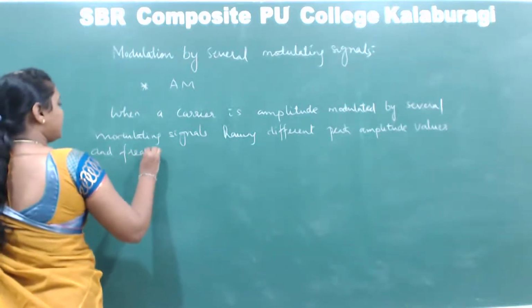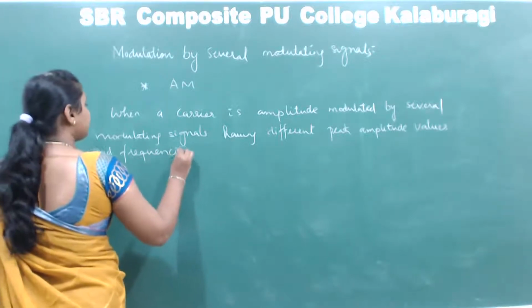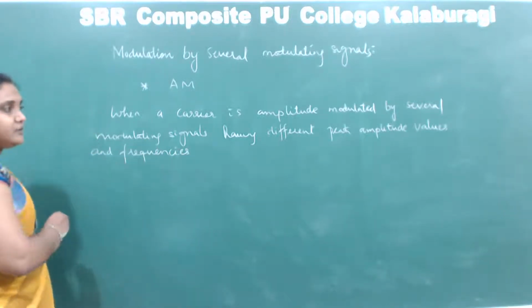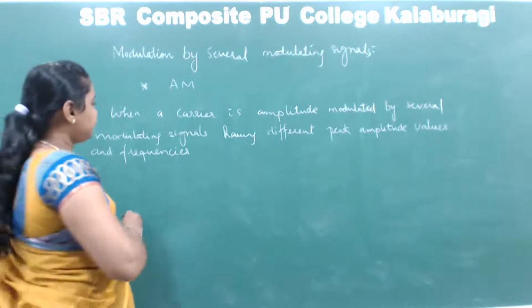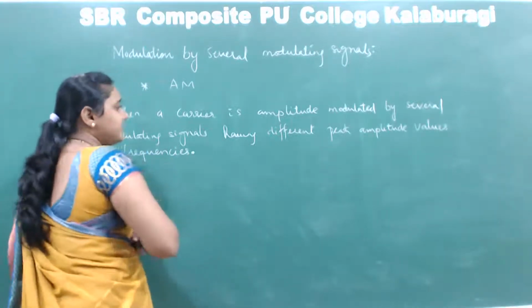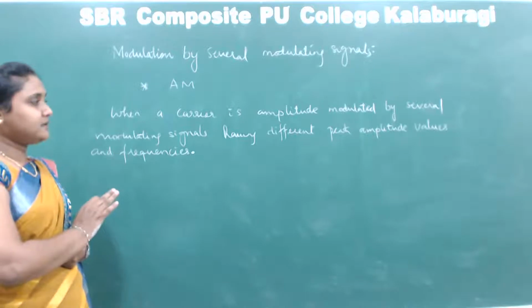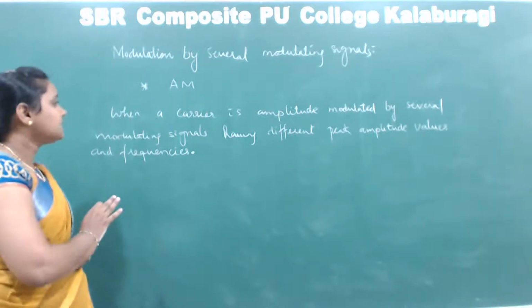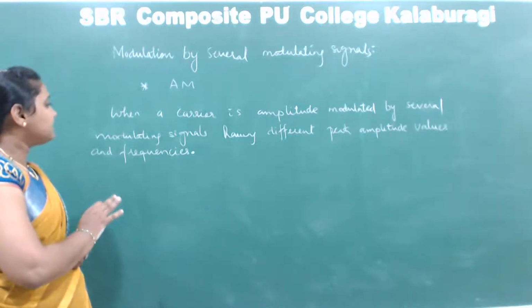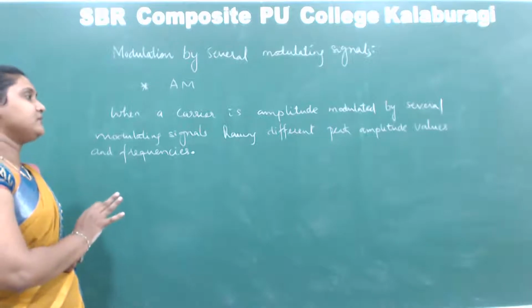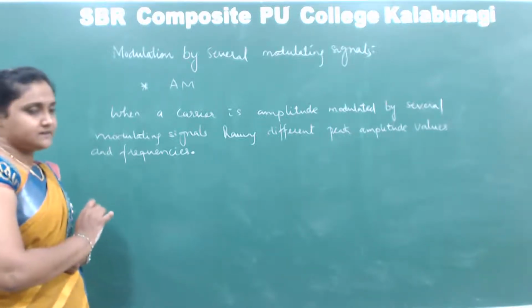So all the modulating signals will be having different frequencies and different peak amplitude values. When a single carrier is amplitude modulated by several modulating signals having different peak amplitude values and frequencies,